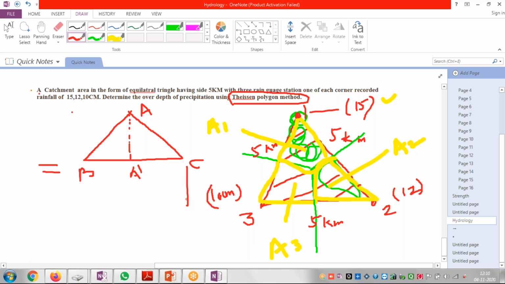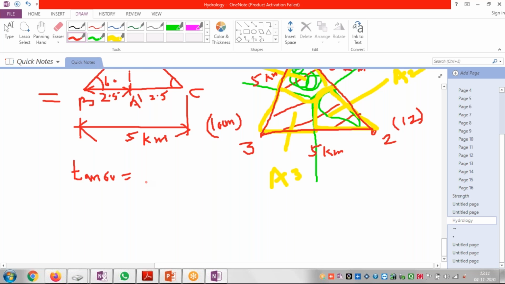Now tell me, if this is 5 kilometer and the perpendicular bisector is drawn onto this BC, what would be this distance? This will be half. This will be 2.5 kilometer, and similarly this will be 2.5 kilometer. Now I know that if it is an equilateral triangle, this is 60 degree, this is 60 degree, and this is also 60 degree, right? And I will apply the same formula. Tan theta is equal to how much? Tan 60 is equal to